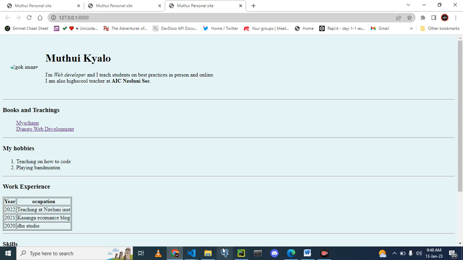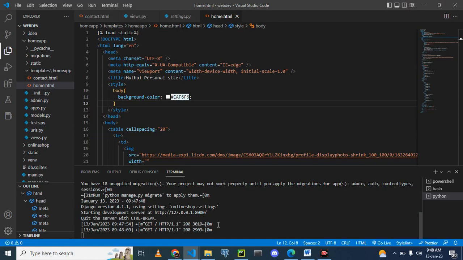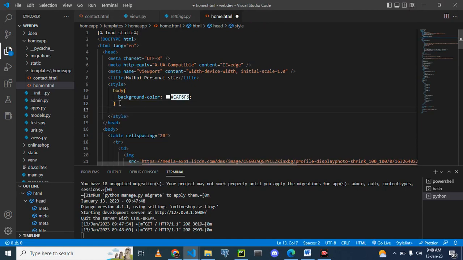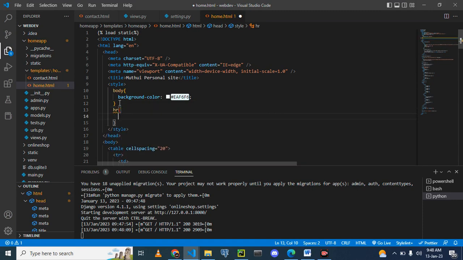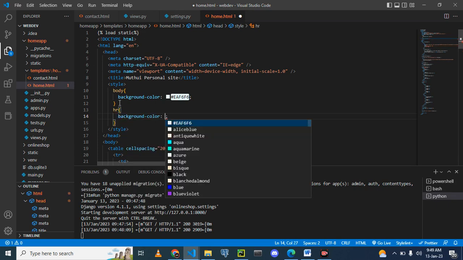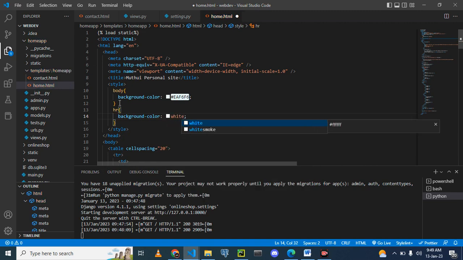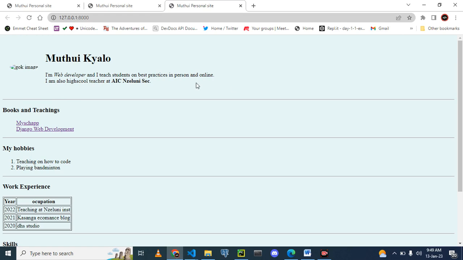Okay, now let's open this and target what we need. In our case, it is the horizontal rule, and we want first of all to make it white. So background color, we give it white, or we use the hex code and we give it FFFFFF. It's the same as white. Then you can use the word or you can use this one. Now this should give us the line as white. When you refresh,